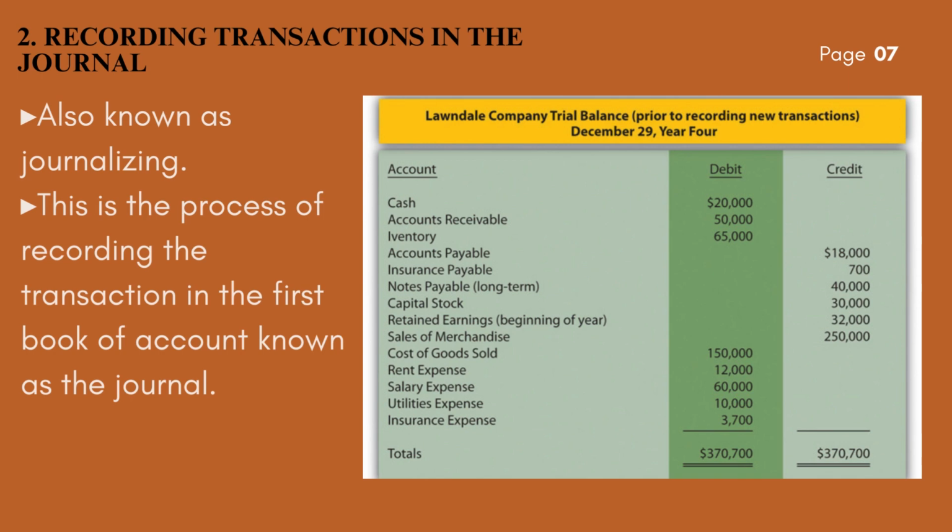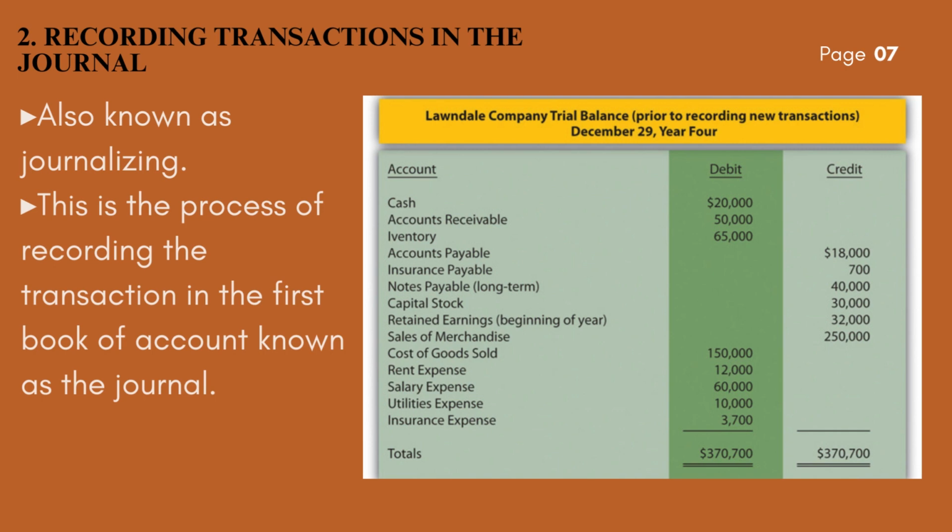We have here cash, accounts receivable, inventory, accounts payable, insurance payable, notes payable, capital stock, retained earnings, sales of merchandise, cost of goods sold, rent expense, salary expense, insurance expense. Tapos, debit credit: cash is 20,000. Accounts receivable is 50,000. Inventory is 65,000. Accounts payable is 18,000. Insurance payable is 70,000. Notes payable is 40,000,